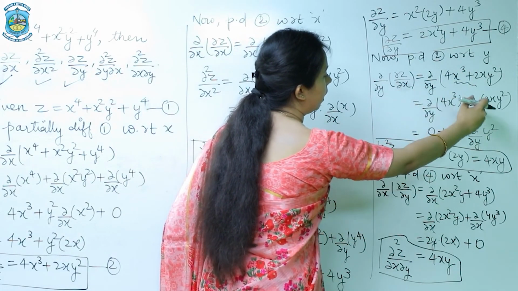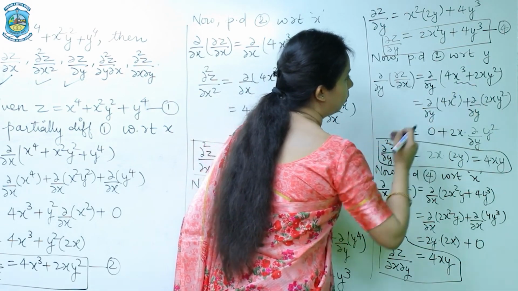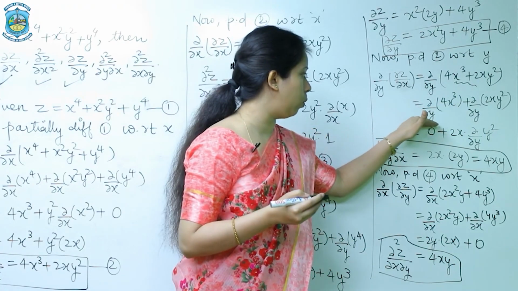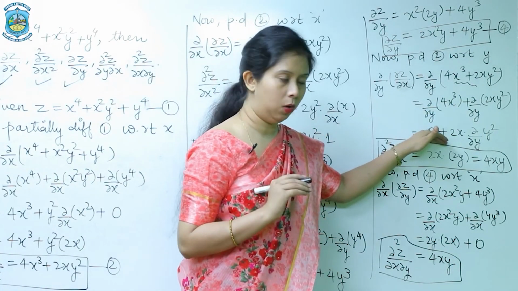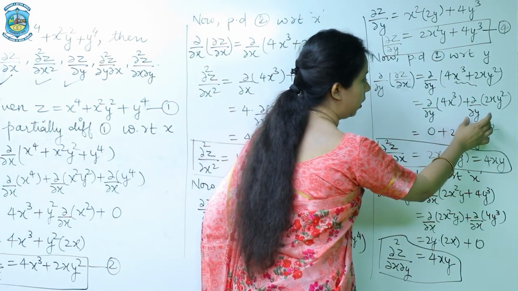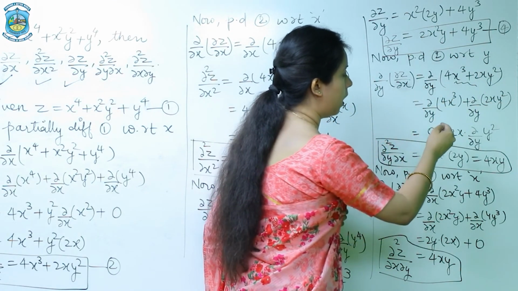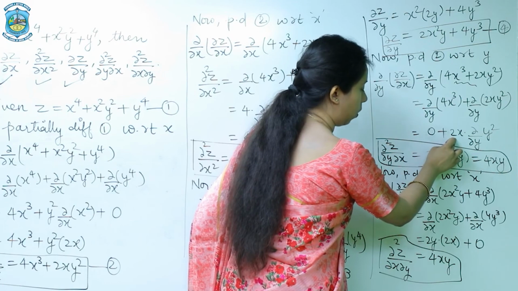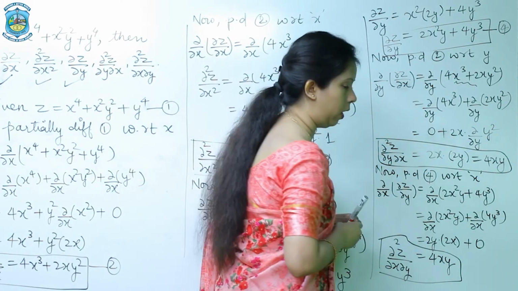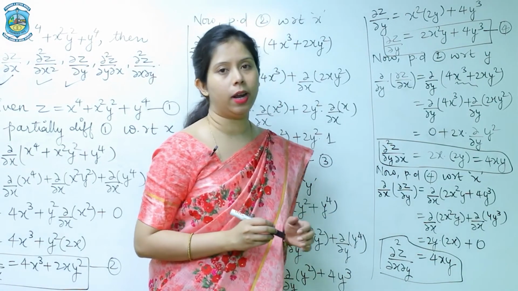Now separating both the terms with ∂/∂y, we will get ∂/∂y of 4x³ plus ∂/∂y of 2xy². Now as we all know that we are differentiating x with respect to y partially, so the value will be 0, and the differentiation of 2xy² with respect to y partially will give you, since here we are having 2xy², so from here 2x will be treated as constant with respect to y, and we are differentiating y², so that would become 2y. So the final value of ∂²z/∂y∂x is 4xy.